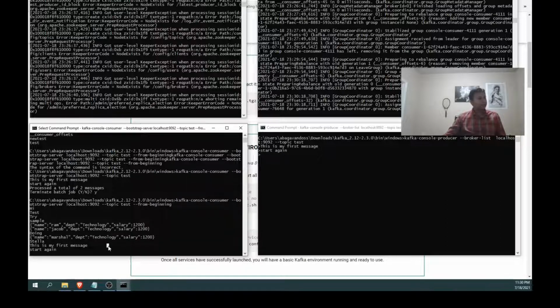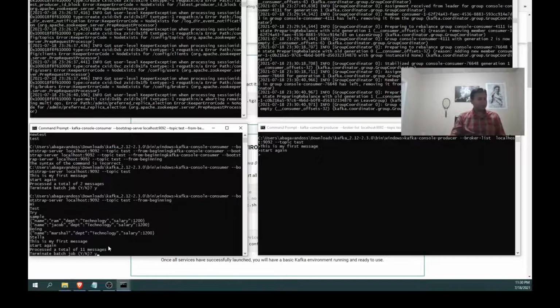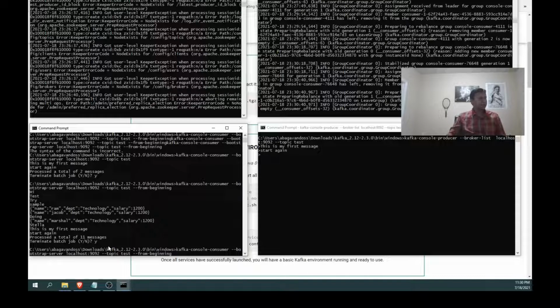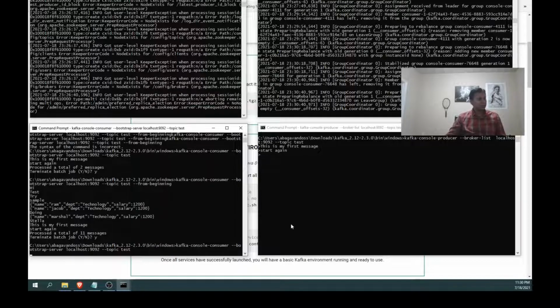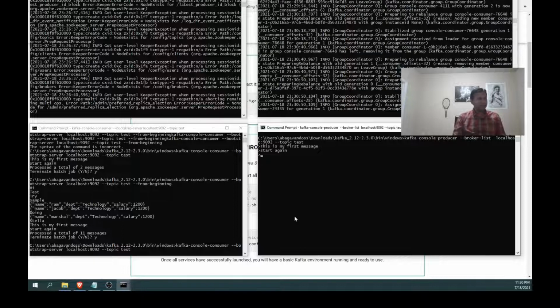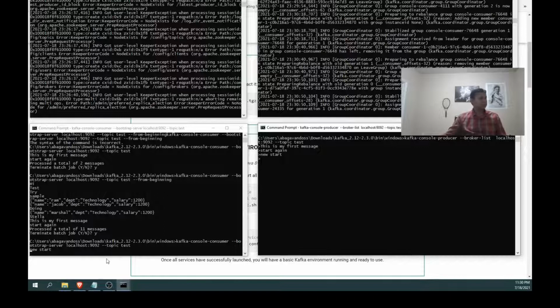For example, here I cut this with Control C, yes, terminate. Now I'm telling it not to read from the beginning, so the offset is set to the current. Now what I am sending, only the new start appears. See, the new start is coming. If I say from the beginning, all the messages come out, because it's a log, right? Once it's consumed, it's not going to get lost. Somewhere it will be safe. That's the beauty of it.